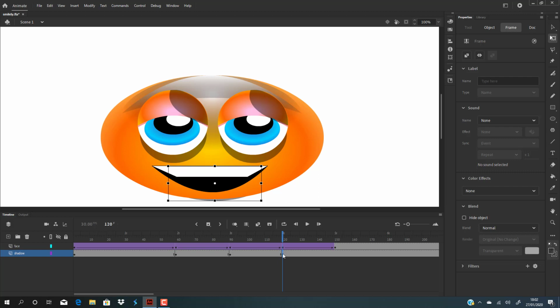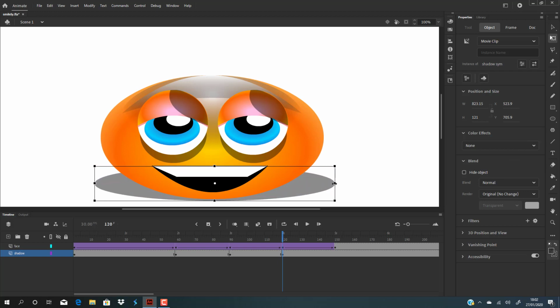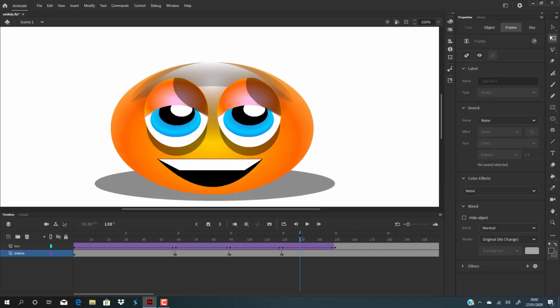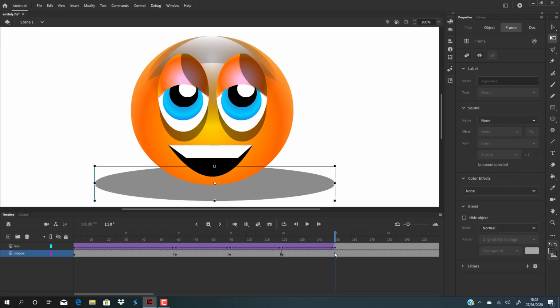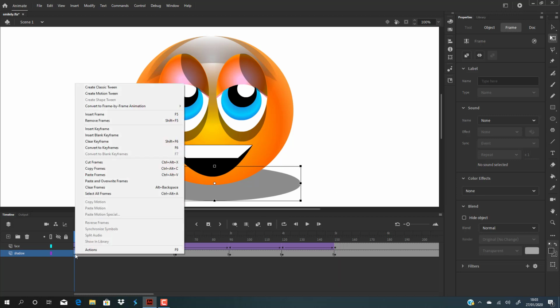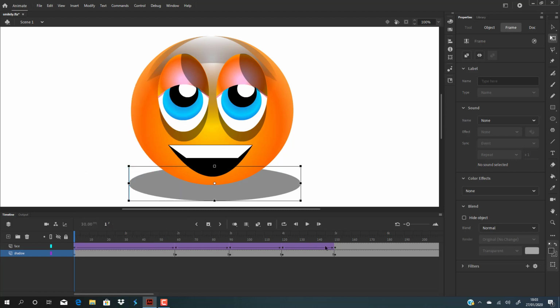F6 and hold down shift to keep the proportions. Put it across and do the exact same, and just copy keyframes, copy frames,